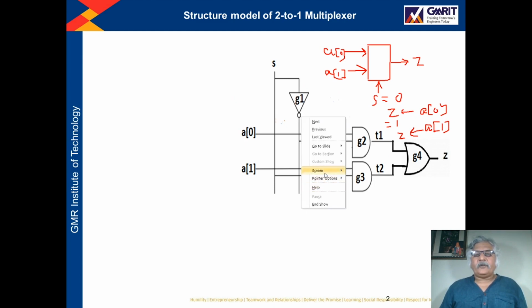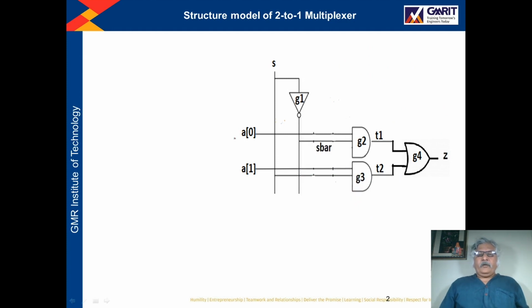So if you see the internal diagram, since it is a 2 to 1 multiplexer, there will be two AND gates, G2 and G3. Now the output of both the AND gates is connected to an OR gate, and whatever is the output of the OR gate, that is our final output.